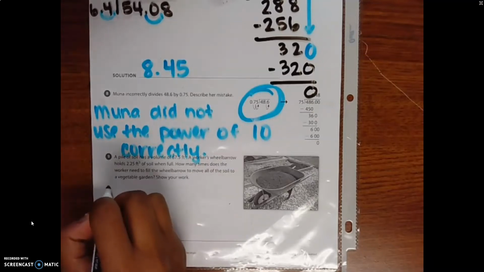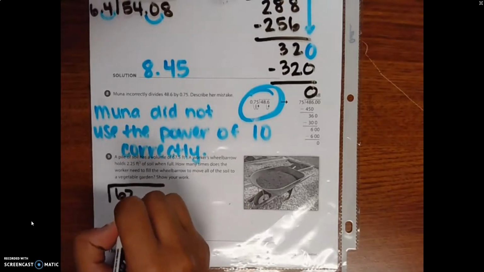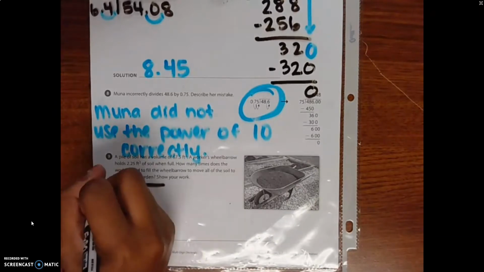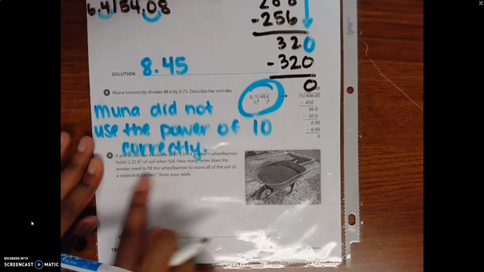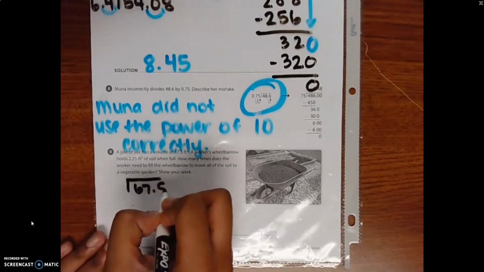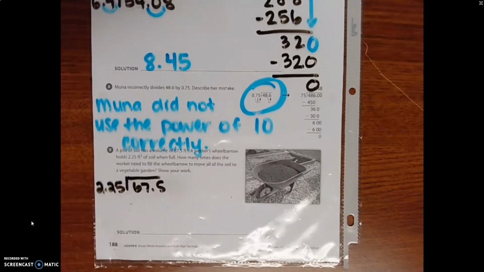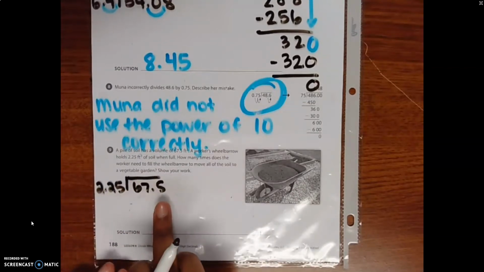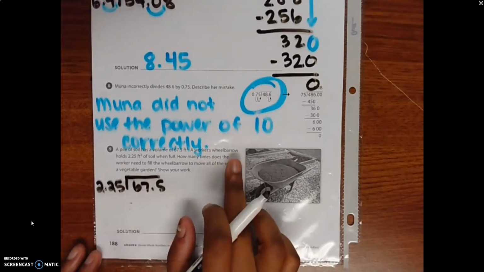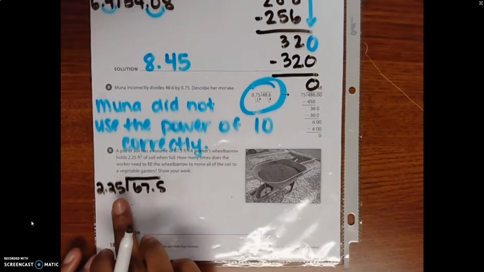So here, we have the total amount of 67 and 5/10, right? And we're dividing that. Oops. Didn't give myself enough space. And notice that I have a dry erase marker because I can't erase. So hopefully you're using a pencil too, right? We're taking the total amount of soil that we have and we're dividing it into the groups that the wheelbarrow can hold to see how many times, which is our quotient, how many times it's going to go back and